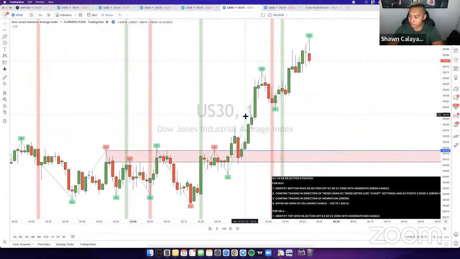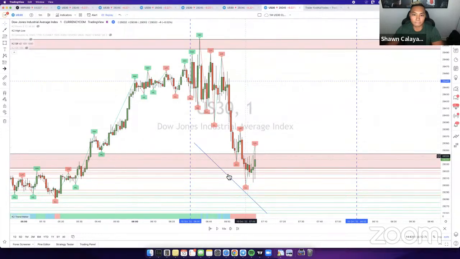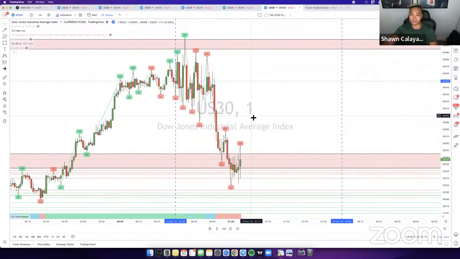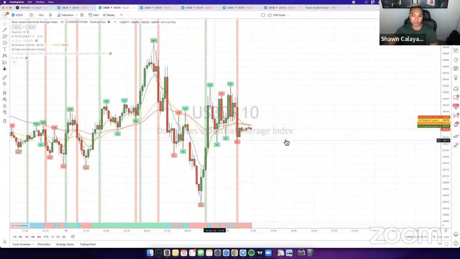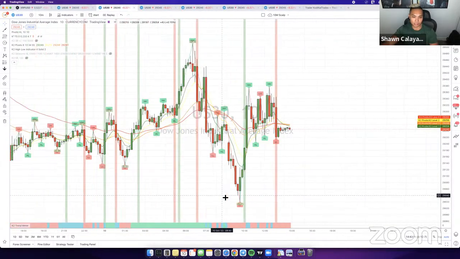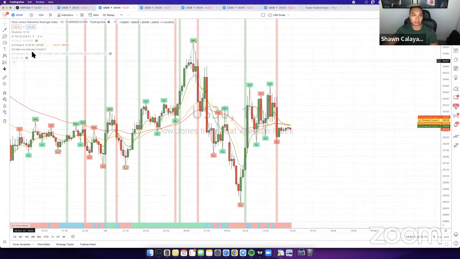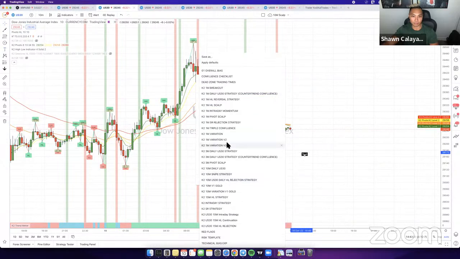See, Jonathan said it reminds me of the 10-minute snipe strategy. Yeah, exactly. The SR rejection is basically a dumbed down version of a snipe strategy. If you guys remember the snipe strategy, we would apply that on the 10-minute chart. The problem with applying that strategy is that you need to find a directional market, and we haven't been in a directional market for like the past 3-4 months. So if you're looking for that specific strategy,